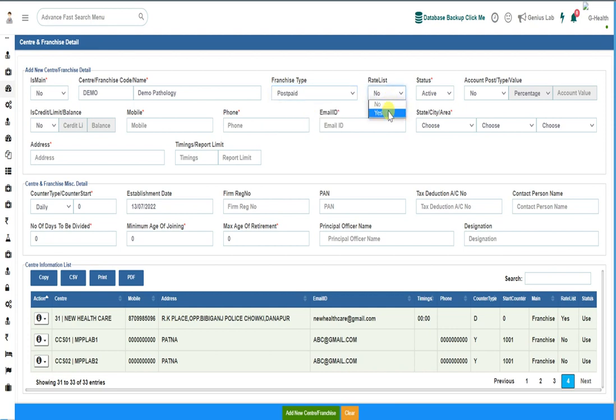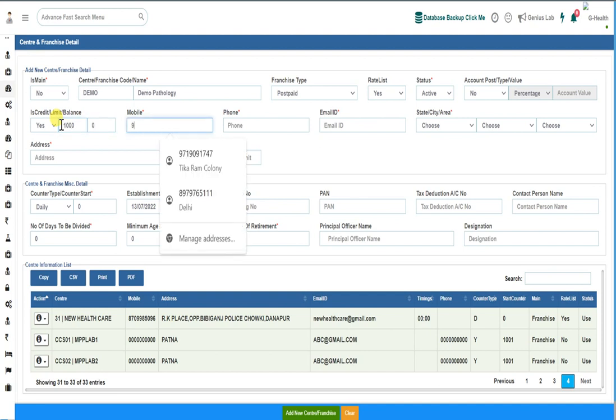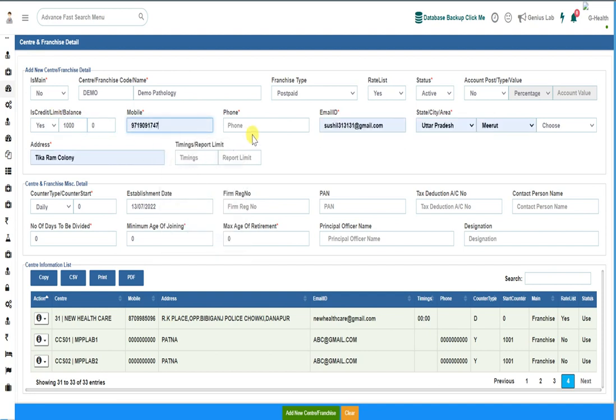Let's choose postpaid. There is a rate list. Does this center have a rate list or not? You should select yes. If you want to set a credit limit, you set it here, along with the mobile number and all the details.